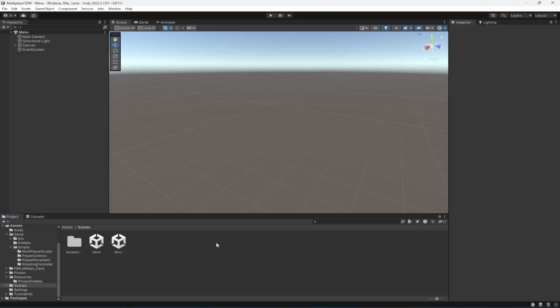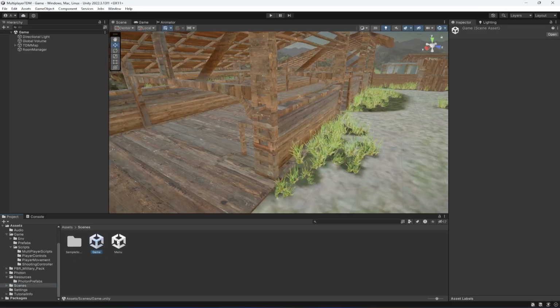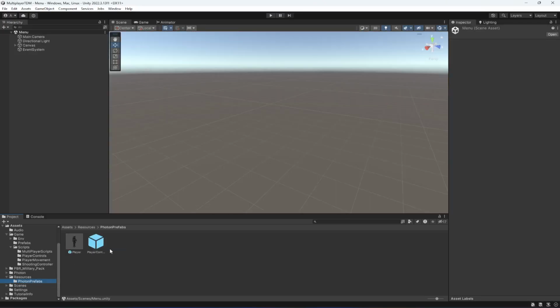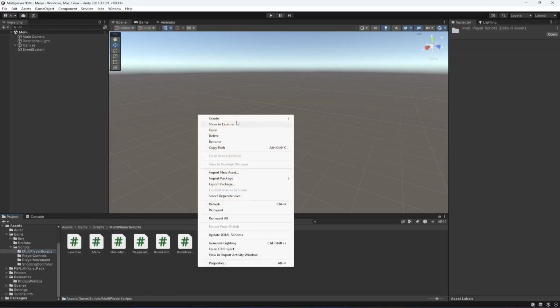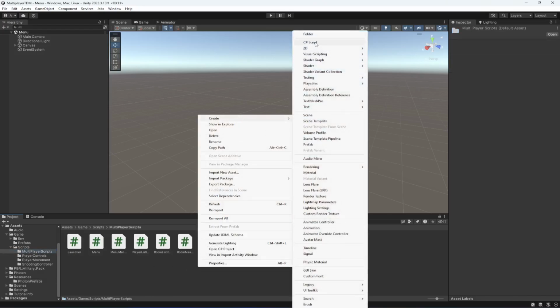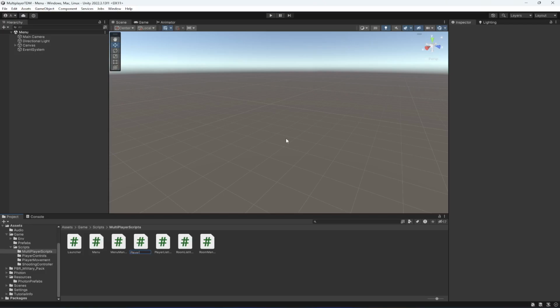So now in this video we will be spawning our players in the game. So for that, first of all, if we open up the game scene, actually not the game scene, in the prefabs we have this player controller manager. So to this we will be attaching a new script. So in here let's create a new script by the same name, player